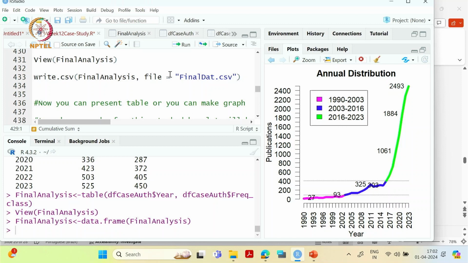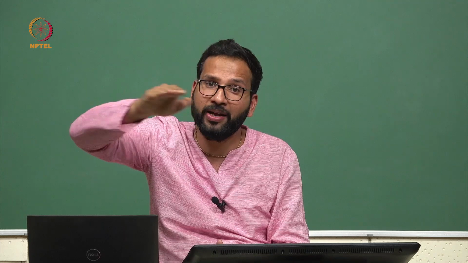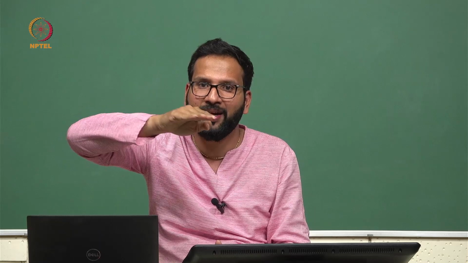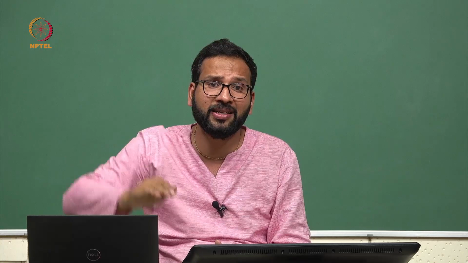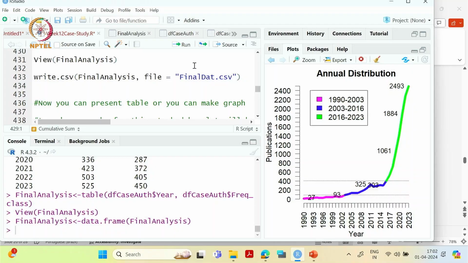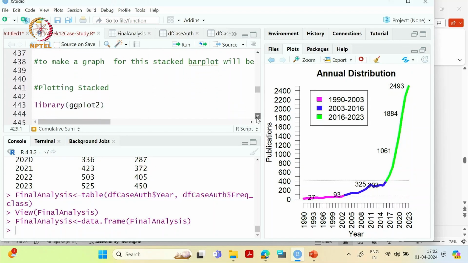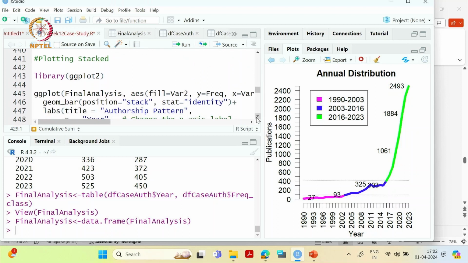So for this kind of data, we will use a stacked bar plot. What this stacked bar plot is, is that we will have the height for each year, and within that height we will mention that these many are more than three authors publications, these are three authors publications, these are two authors publications, and these are single author publications. Okay, so for that we will require another package called ggplot2, which is a very popular package for visualizing any data in R. Call this library,